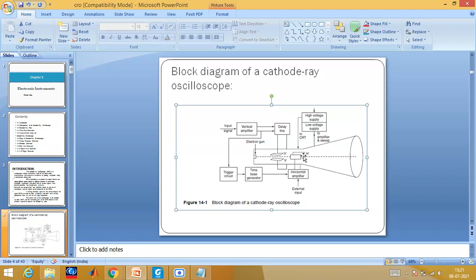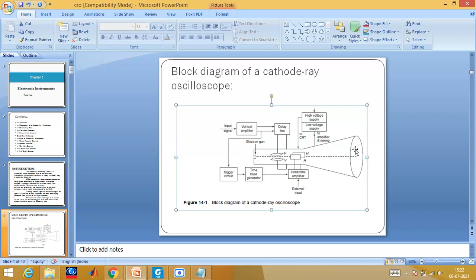Now, when you connect the horizontal plate and vertical plate with the respective signals coming from the vertical amplifier and horizontal amplifier, an electron gun will inject the electrons and they will pass through the vertical and horizontal plates and give you the particular deflection of that signal. That means you can monitor the amplitude, the time period, and also analyze the frequency associated with it. Then, to view that signal on the monitor, the electrons should bombard and collide on the screen.